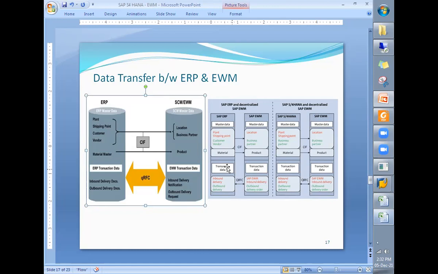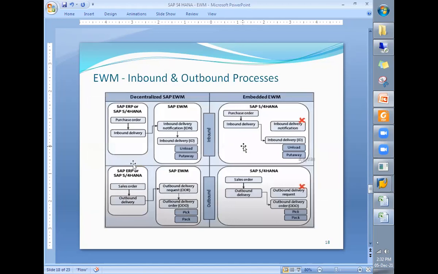If it is SAP ERP with decentralized EWM, and S/4HANA with decentralized EWM, those are different cases. And then when we are doing the inbound delivery in decentralized as well as embedded, what is the difference? Similarly, when we are doing the outbound, what is the difference between decentralized and embedded?